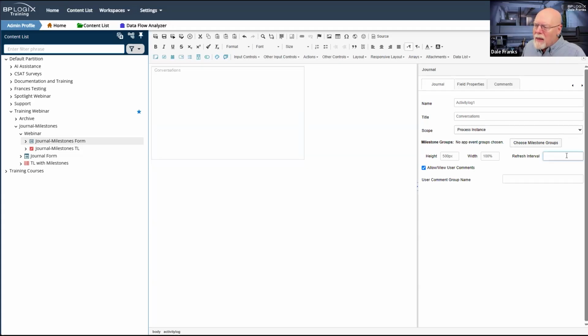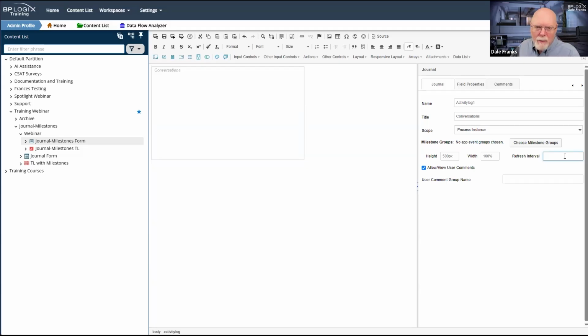So that refresh interval is an interval set in seconds where the control will simply auto refresh after it's opened. So if I have a very, very active journal control where people are having threaded conversations and I want to be able to keep up with that, I might want to set a refresh interval of 30 seconds or 60 seconds or